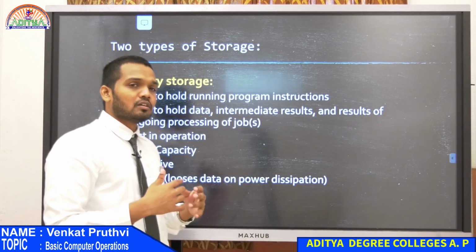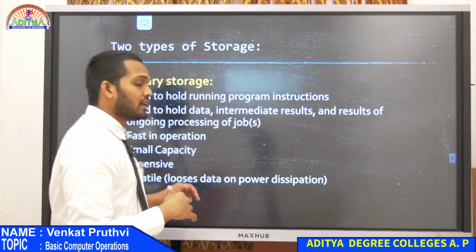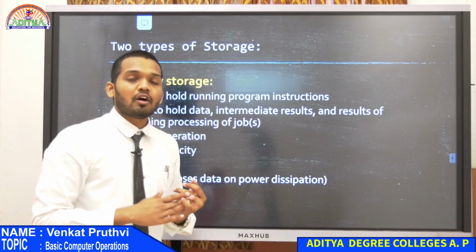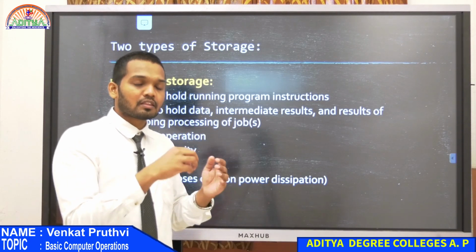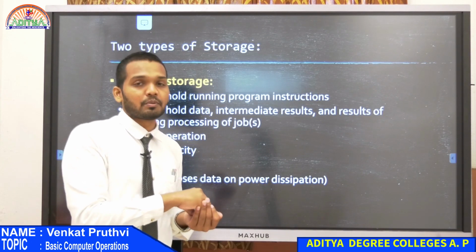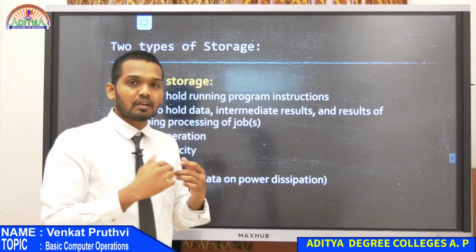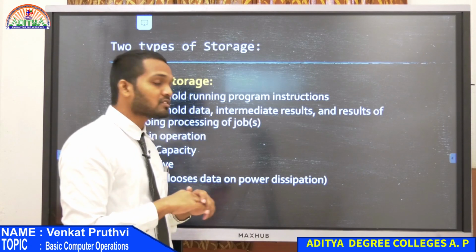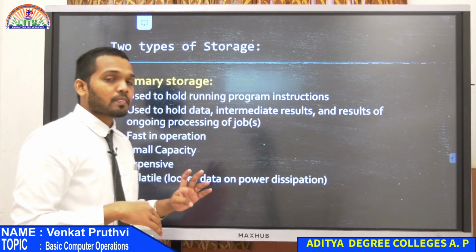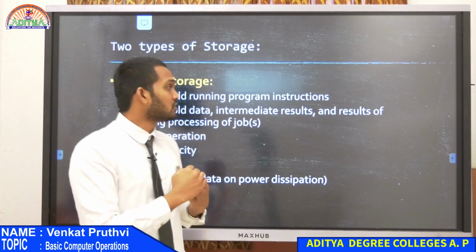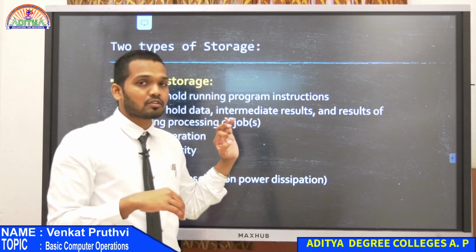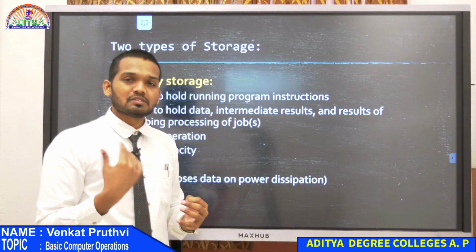So it is designed in such a way that whenever the power is turned off, all the operations the RAM is storing, or whatever tasks need to be performed, will always be cleared off. Generally your RAM is around 2 GB, 4 GB, that is your primary storage. It will range from 1 GB to 8 GB, 16 GB.